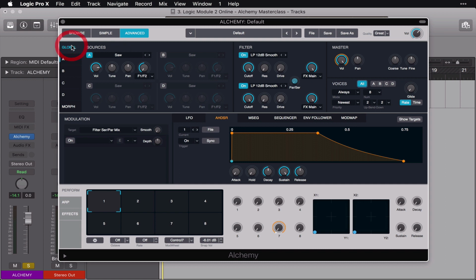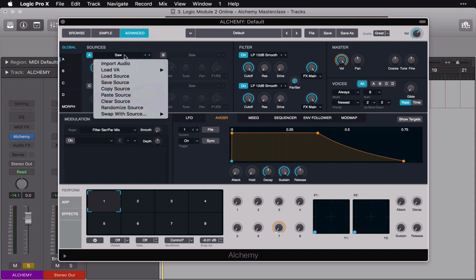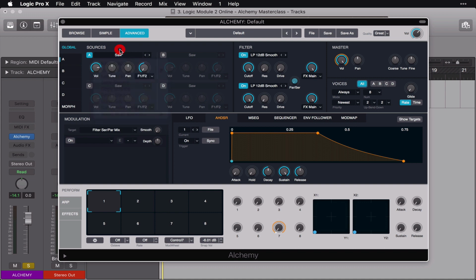Now, at the top left hand side of Alchemy is the global tab, where you have the section for your sources. Now, sources is just another way of saying the oscillators, basically, right? They're the sound sources, so I'll describe them as sound sources from now on. But at the root of it, they're all different oscillators. Now, if I just select the pre-existing saw preset, okay, so this is the initialized preset with nothing going on in it,